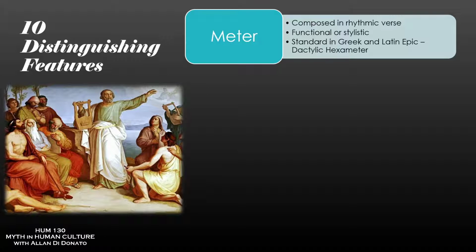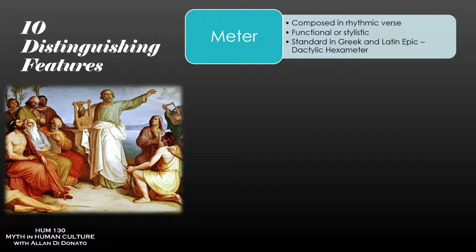And the first one is the idea of meter. When you're talking about poetry, invariably, you're going to have to talk about this idea of meter, which is a rhythmic pattern, the way the poem is composed in various stanzas of different lengths that have a pattern that repeats from stanza to stanza. You don't necessarily want to think of poetry as necessarily rhyming, okay, though the words rhyme and rhythm are obviously related, but the poetic style is really important for a couple reasons. It's important as a functional element when we talk about the first type of epic I'll get to very shortly. It's also a stylistic feature that is going to be used even when it no longer has a functional